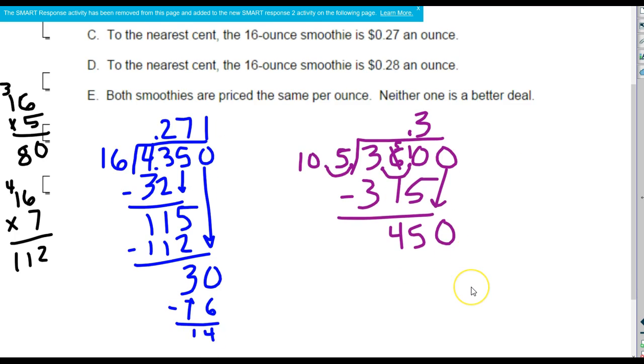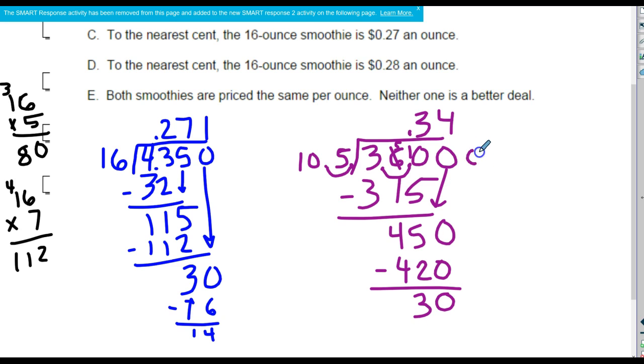I'm going to move my screen down just a little bit. So 105 going into 450, it's got to be 4 times. 4 times 5 is 20, and then 4 times 10 is 400, and so that's 420. So that's some kind of quick mental math that some of you will, I'm sure, be able to do. If not, you can always do this off to the side. Okay, 0 minus 0 is 0, and 5 minus 2 is 3. 4 minus 4 is 0. So I get